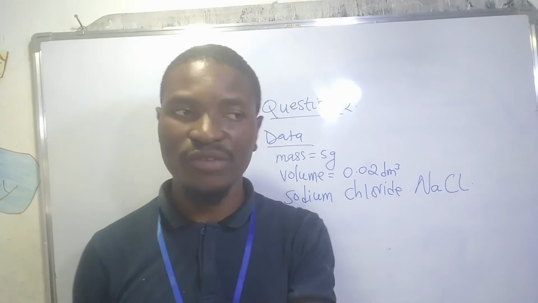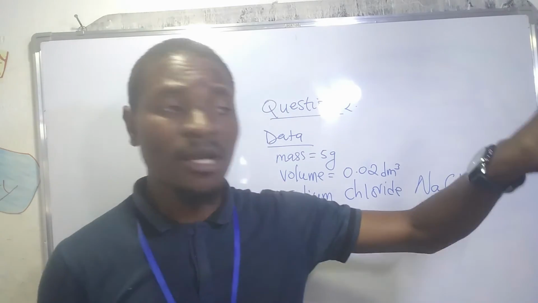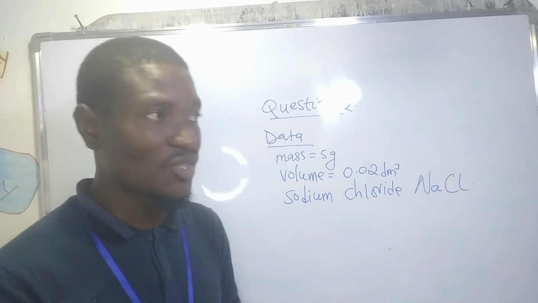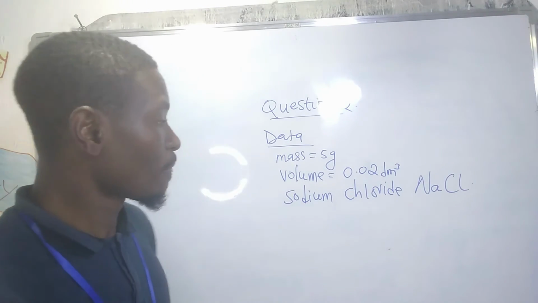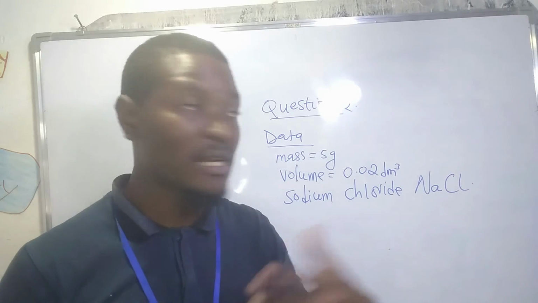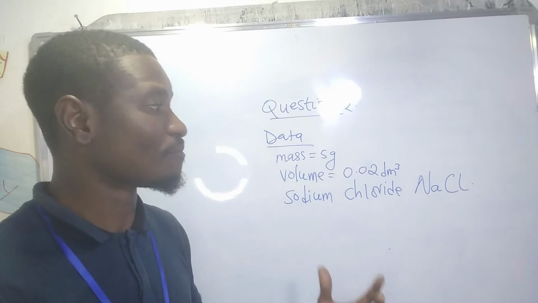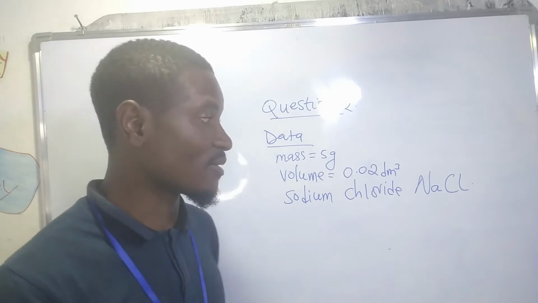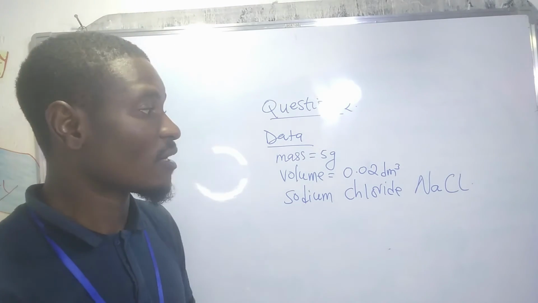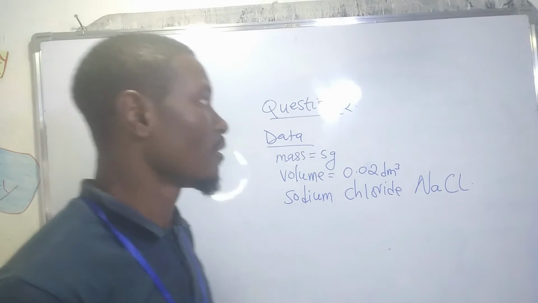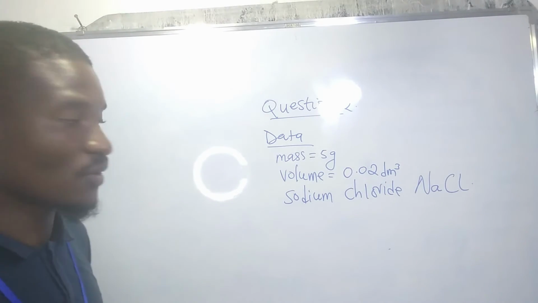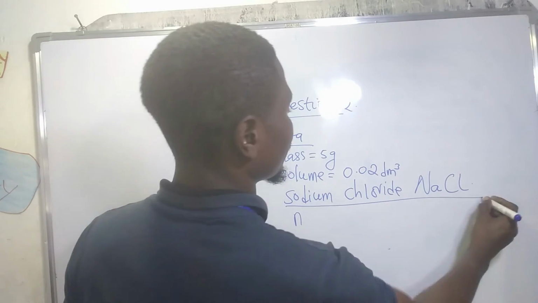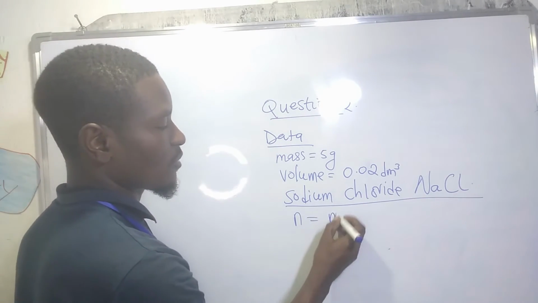Remember, the volume was converted from cubic centimeters to cubic decimeters, and that's how we ended up having 0.02 cubic decimeters. And the substance that we were given was sodium chloride, and that's the chemical formula, sodium chloride. Okay, so the first thing that you're supposed to do is find the number of moles. So number of moles equals mass